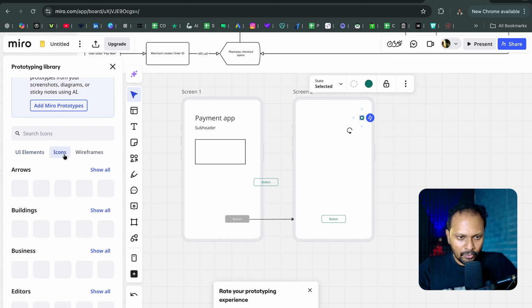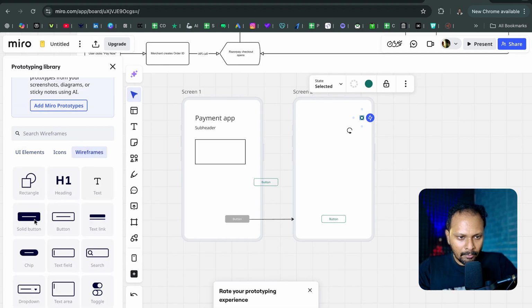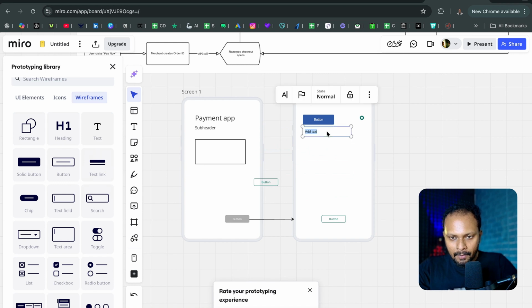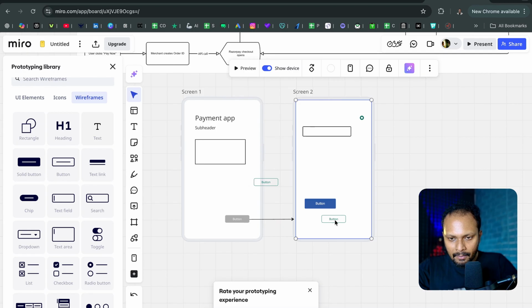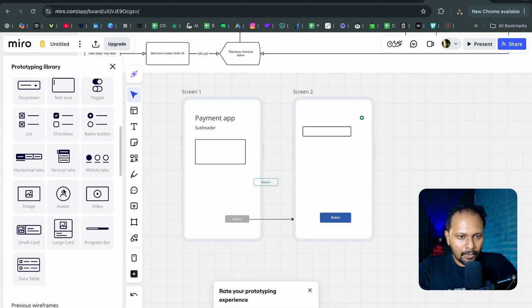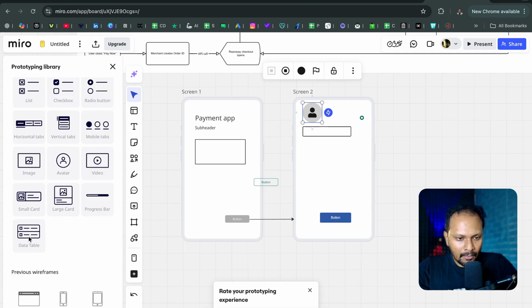If you want, you can put some icons. You can put some kind of slider buttons, right? You can put some kind of text field. This is how my users will be there. Initially, you don't have to create this button. You can just put this button, okay? And then you see, hey, this is my user profile, right? And this is how my